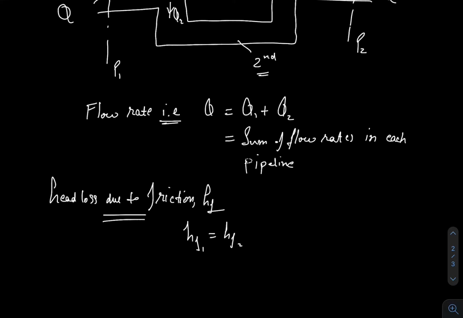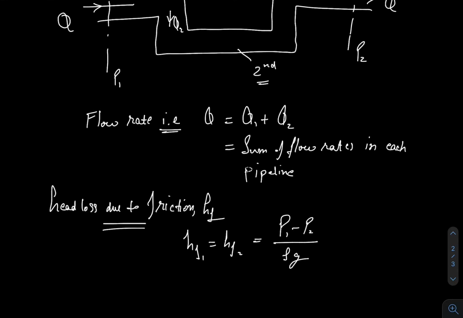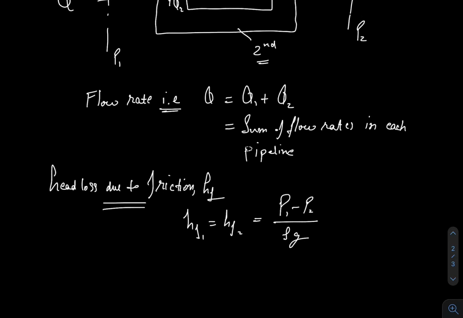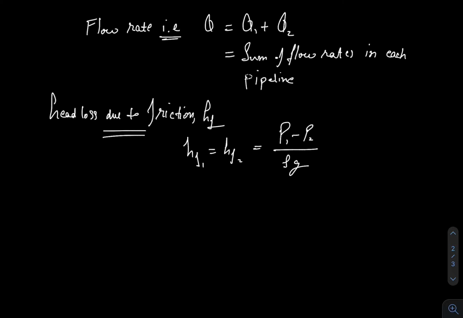That is, HF1 is equal to HF2, which is also equal to (P1 minus P2) upon rho G. Remember, P1 and P2 are the same for both pipelines. It's an incompressible fluid, so rho remains the same in both pipelines, and G is the gravitational constant. So HF1 is equal to HF2 is equal to (P1 minus P2) by rho G, which also implies 4F L1 V1 square upon